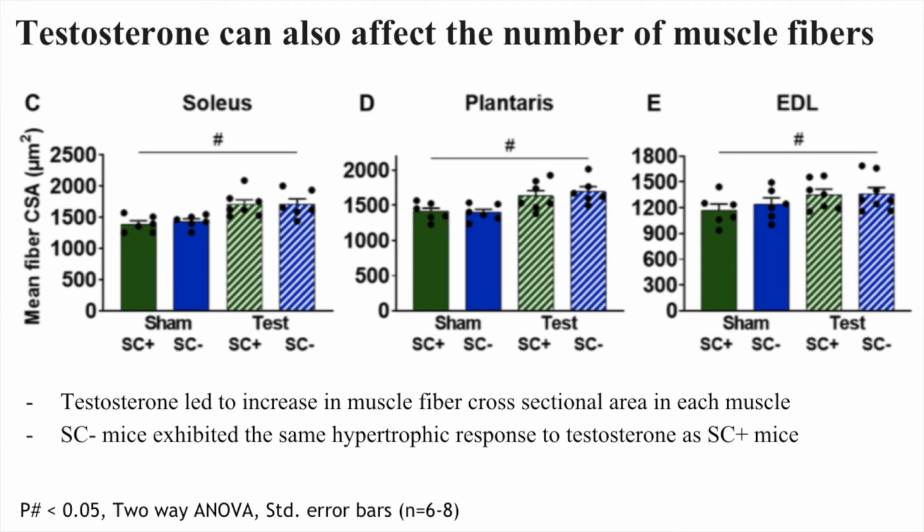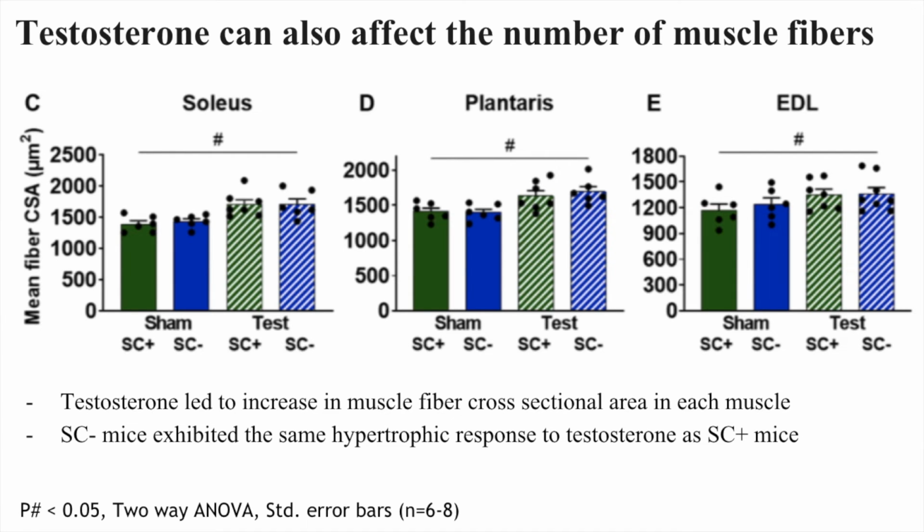Next, the researchers are now quantifying the data of how much the muscle fiber grew when testosterone was added in each of the 3 muscles. From these graphs, you can see that on the x-axis we have our sham and testosterone groups. Within each, there are SC plus and SC minus mice. And on the y-axis, you can see the mean fiber cross-sectional area per micrometer squared. And so from these graphs, it can be observed that the SC minus mice exhibited the same hypertrophic response to testosterone as SC plus mice, thus revealing that there may be other factors that can help increase muscle fiber CSA